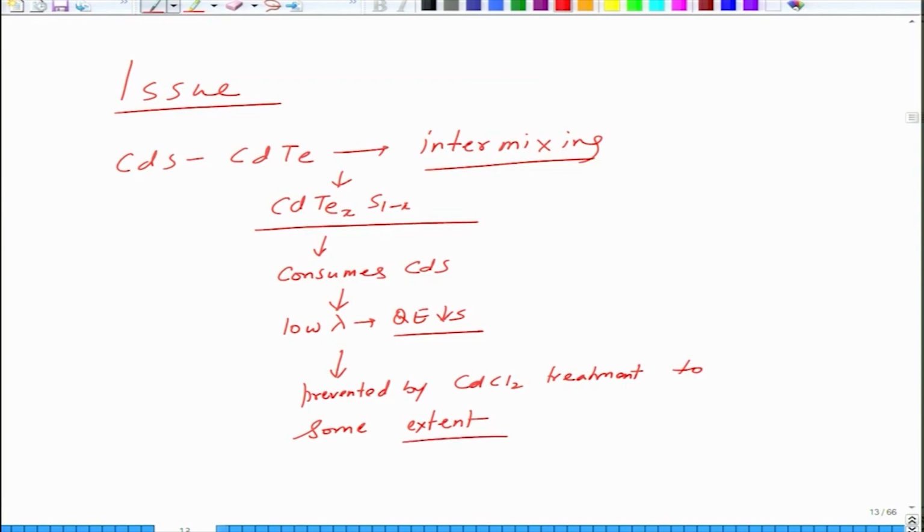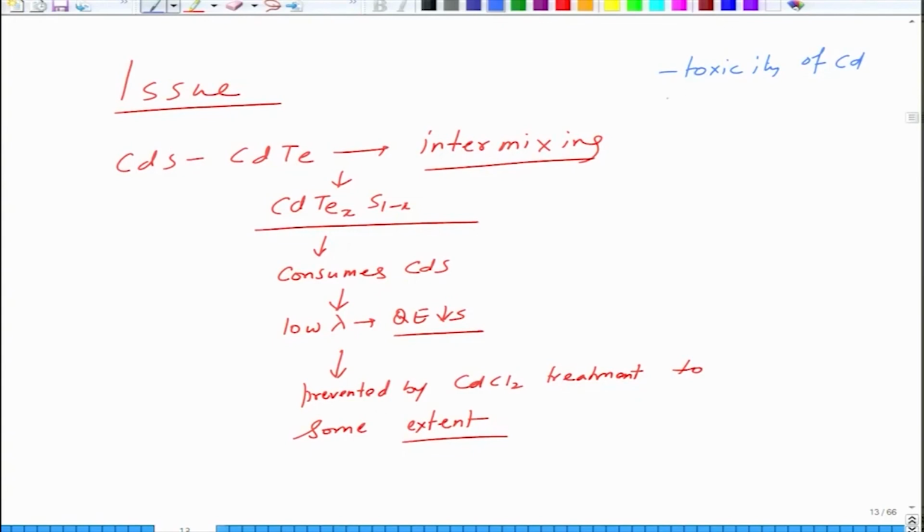There are certain other issues such as toxicity of cadmium. However, there are both supporters and detractors of the same thing. Some people say cadmium is very nasty. It will pose health concerns, but other people say that there is not enough cadmium in it to pose a problem, and since the solar cell is going to be recycled in a safe manner, there is no way cadmium is going to leach out so much. So there are both sides, but in the end disposal must be safe. So safe practices in terms of recycling and disposal are needed, and processing should be made more environment friendly.